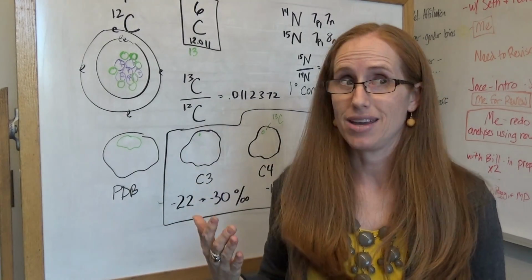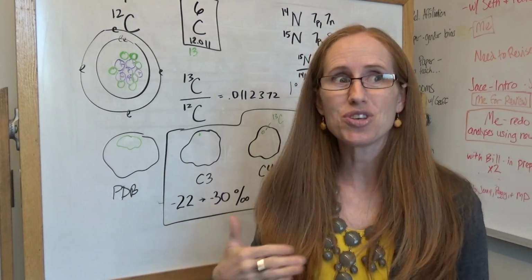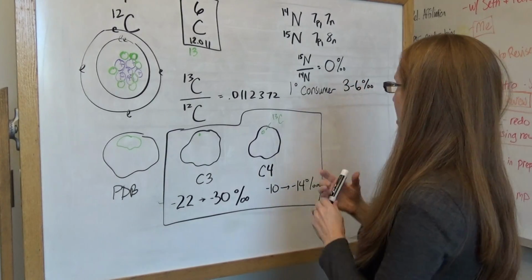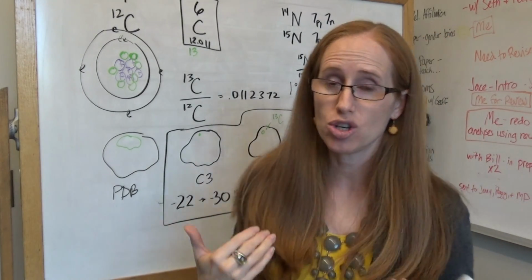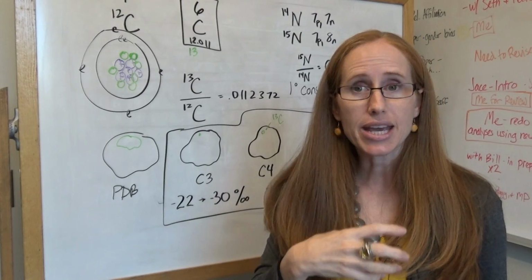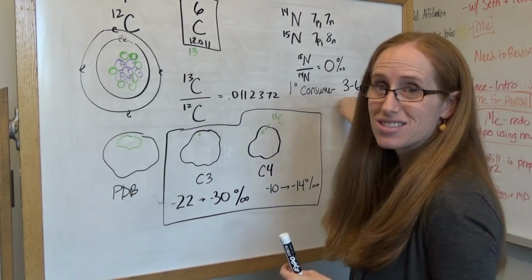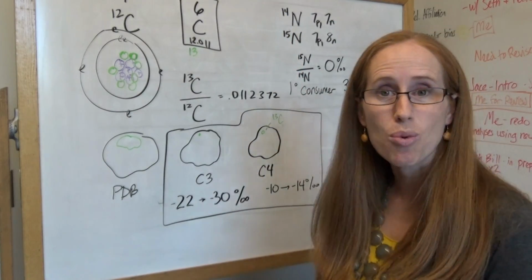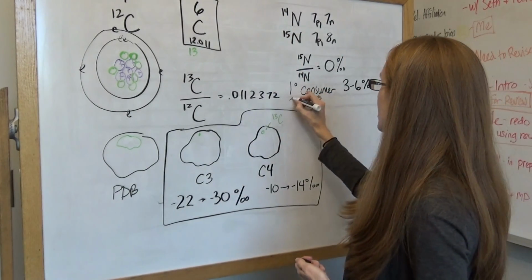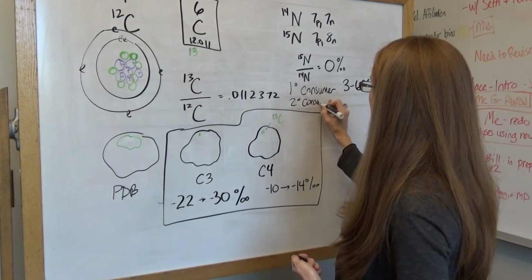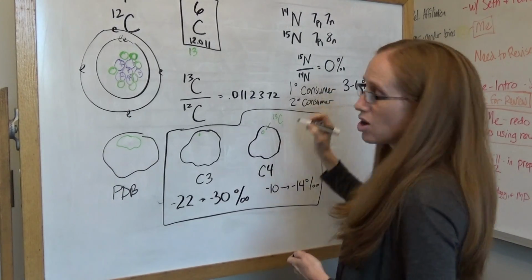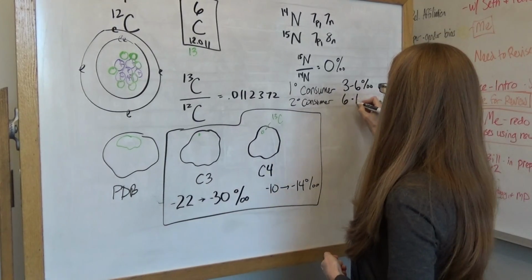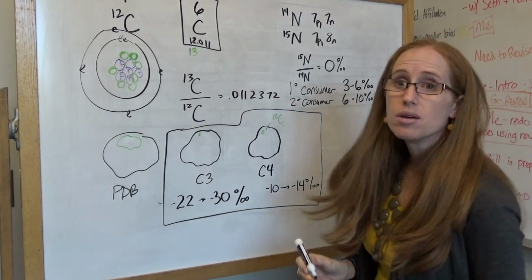if you are a cow, or if you are a human who's eating a cow, there we go. So this is the cow, right? The cow's eating the grass, and so the cow tissue is going to be that. But as a human, if I eat that cow, I'm starting at this 3 to 6, and then I'm preferentially excreting the 14, and I'm accumulating even more 15. And so me, as a secondary consumer, I'm going to have on the order of 6 to 10 per mil in my system